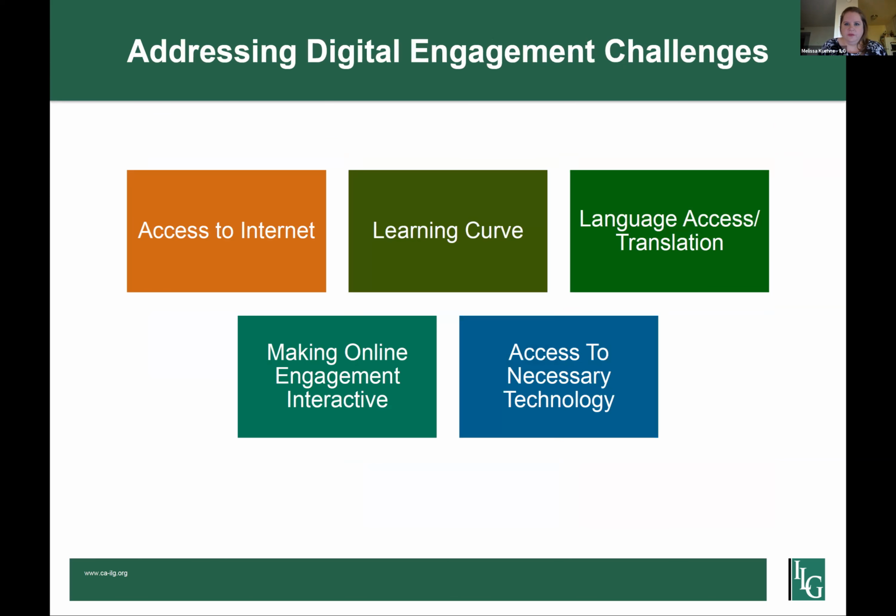And then something we just wanted to flag for you guys, because this came up yesterday in some of your challenges as well in terms of access and technology. So we just wanted to spend a couple of minutes here talking about some of the digital engagement challenges that we've seen from some of our local government partners. You did flag that you're seeing more engagement in the virtual environment, but I would suspect that there are probably segments of your population that these challenges apply to. The first is just the digital divide and access to the internet and broadband as a barrier to participating in online meetings.